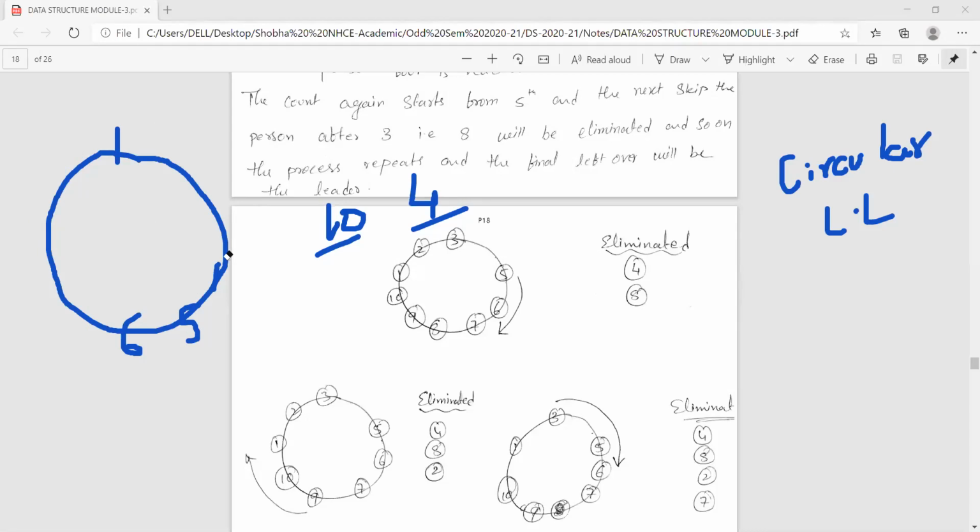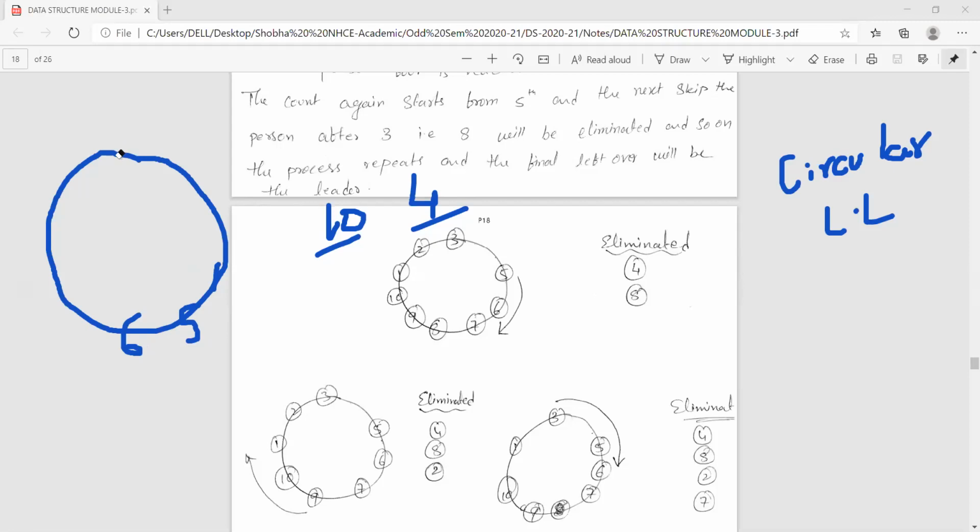Now only 3 persons are left, but the clockwise movement will be the same. P equal to P of next, like that. The number of moves will be the same. As 9 was eliminated, the immediate next will become the first person to start with. And clockwise, if you move, 1, 5, 6. After 6, the circular linked list points to 1 only, right? So which will be removed next? First person, second person, third person. After the third person, again 1, so that will become the fourth. So 1 will be removed.